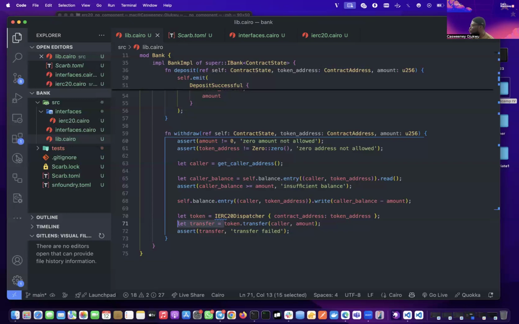That's why I'm making sure of the same steps, even in the back end. If you're writing back end, you have to deduct from the wallet before you transfer. Then if the transfer fails, that is when you revert and put the money back in the person's wallet. So that is normal standard security in software engineering. It has nothing to do with maybe Cairo or Solidity. Even in back end, that's how you do it. You deduct before you initiate the transfer process. If not, somebody can re-enter your function and all of that. So